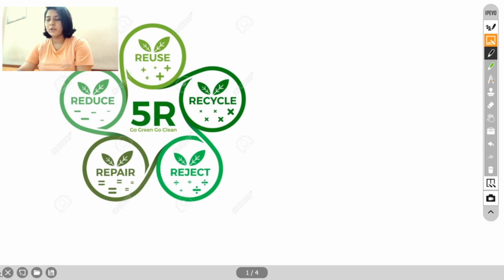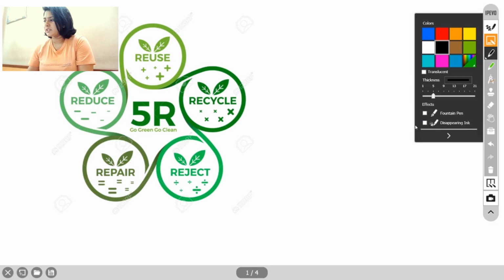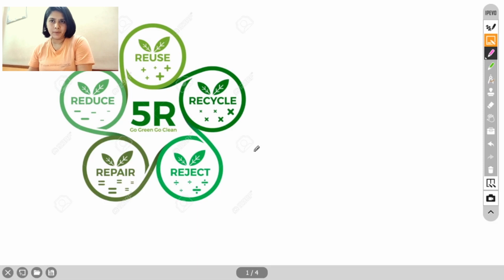So with this, I want to explain another feature of this IPBO tool. A lot of times you don't want your pen or your ink to stick on the screen. You want to erase it as soon as you mark it. So for example, if I am teaching this 5R formula to my students, what I will do is I'll just go over my pen and then select this disappearing ink. And there's a timer out here now. 3 seconds, 6 seconds, 10 seconds, and 20 seconds. I'll choose 3 seconds and take a pink pen now. So I have a pink pen with disappearing ink now.